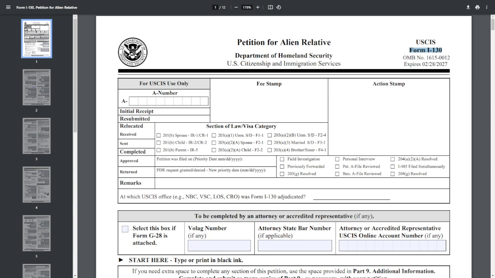How to complete Form I-130. Write clearly. Type or print neatly using black ink only. Make sure all entries are easy to read. Using extra space. If you run out of space on the form, use Part 9, Additional Information, or attach a